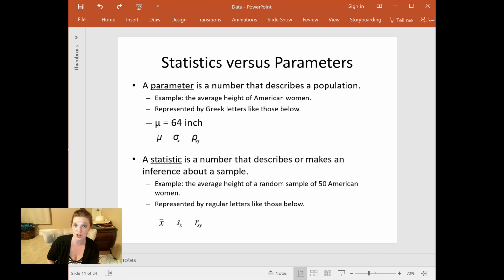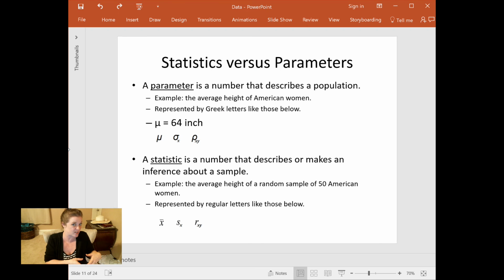That average for my sample, remember what an average is? You've probably calculated it a bunch of times. You add up a bunch of numbers and you divide by the number of numbers, right? Like if I have 3 women, the first one has 1 child, the second one has 2 children, and the third one has 3 children. I take 1 plus 2 plus 3, I get 6, divide by 3 to end up with 2. The average number of children for these 3 women is 2, right? The average. Now, if I get 100 women and I calculate their average height, their statistic, right?